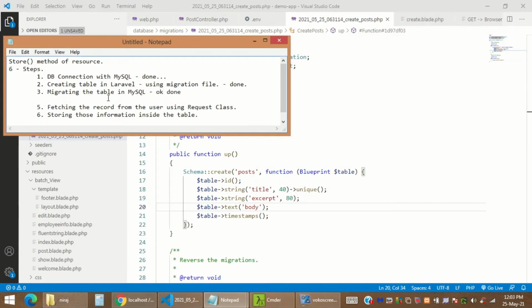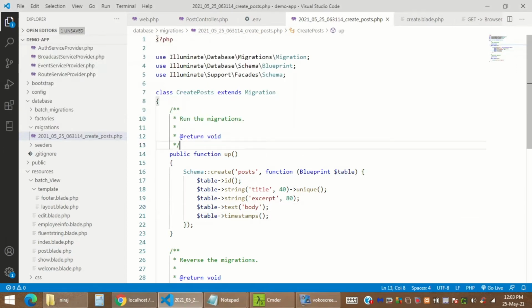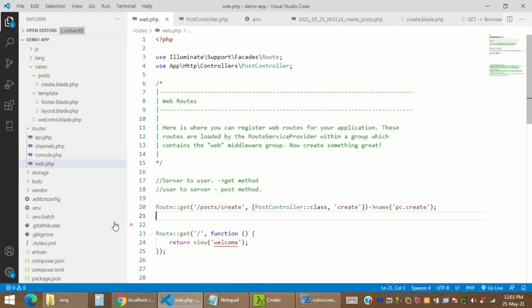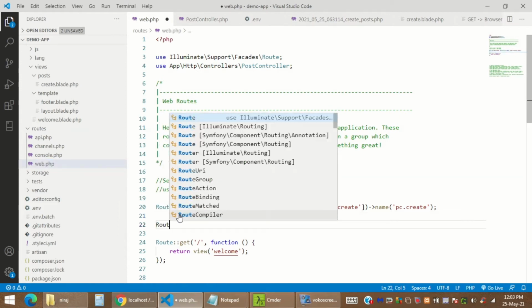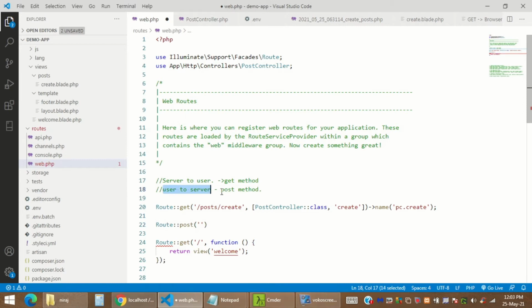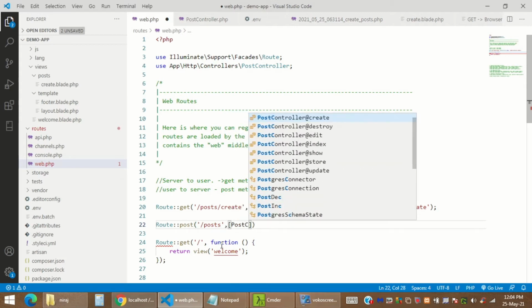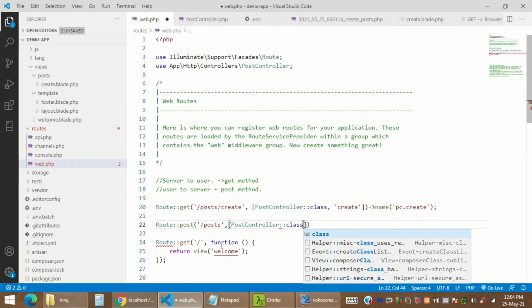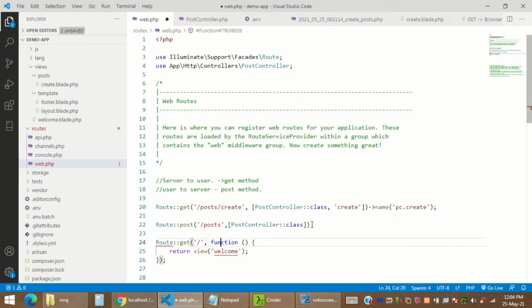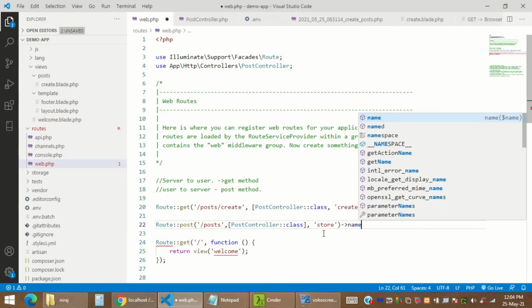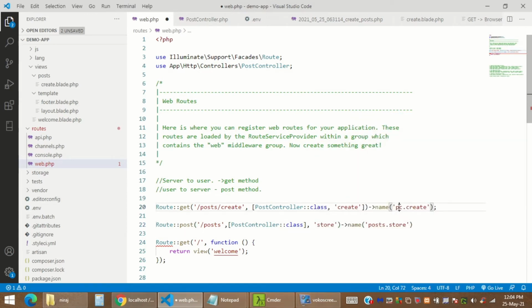Now, creating the routes for my store method, let's create the route. I need to go to routes web.php, where this file is located. I'm going to write Route::post. Why post? Because I'm going to provide the messages from the user to the server. The user is going to provide this information and I'm going to send it to the server. I'll use the PostController for this, and I'll also be using the store method. With this, I'm also going to convert everything to post, because my prefix is nothing but post.